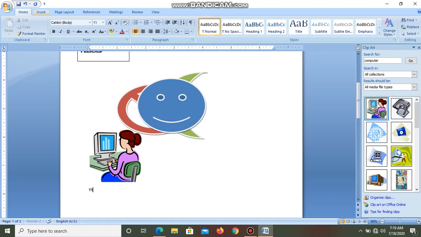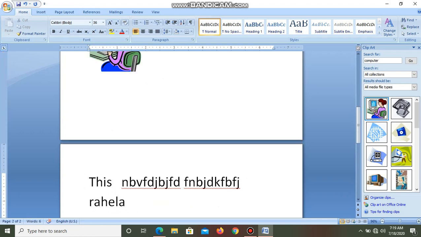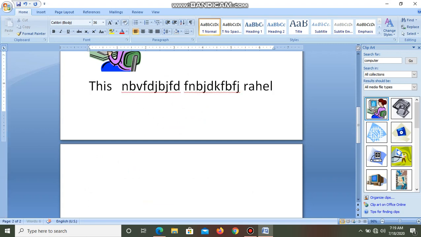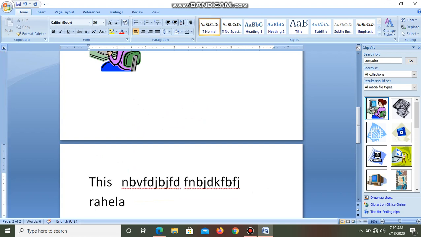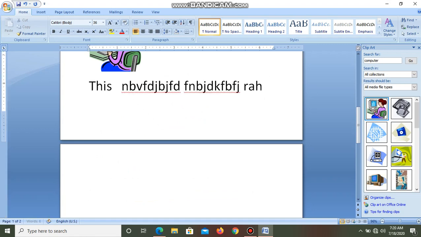And finally, the text wrapping feature. Dear students, let me explain this. Suppose you are typing something in MS Word. You are typing some text over here. Now you must have observed that when the line here ends, the word automatically moves to the next line, the complete word. Like I'm typing here.